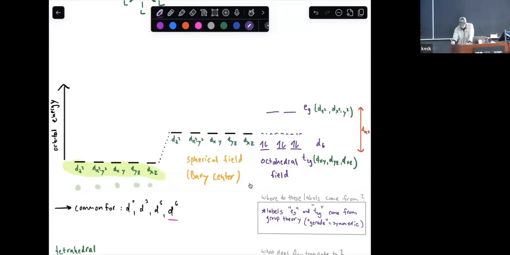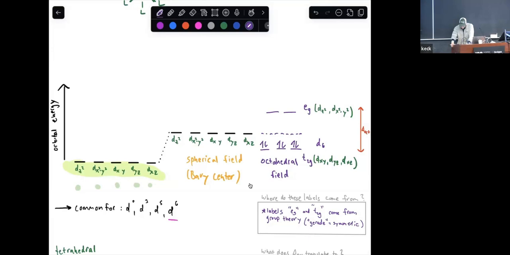Where do those labels come from? That's a question I've gotten before in class. Those come from group theory. And so for those who've already taken an advanced undergraduate inorganic or graduate level inorganic class, you will have covered group theory probably ad nauseam. So this terminology falls out of group theory. It's not too critical for what we're going to do in this class, but